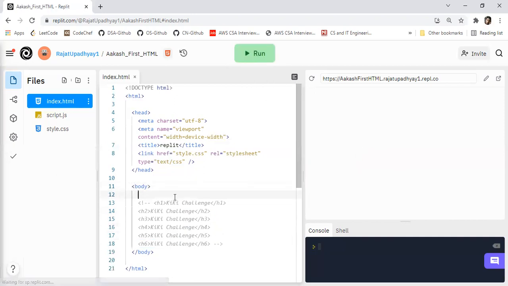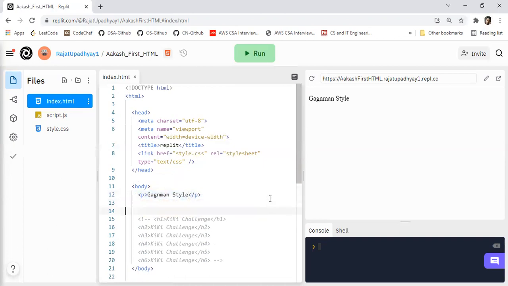Now we have to look at something known as the paragraph tag. The paragraph tag is normal text displayed. Anything you write will display as normal text. No bold, no underline, nothing. Just a normal paragraph tag. So we'll write the text, let's run it, and you can see the normal paragraph tag. It's like the hello world that we saw in the starting. If we want to display another paragraph, we can display it here. So I'll just say P.